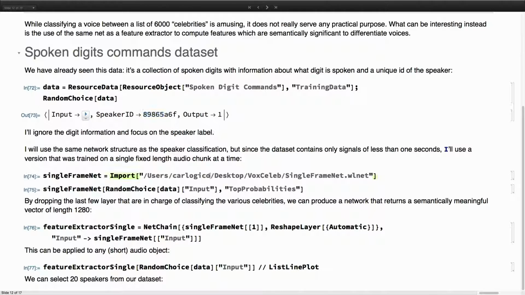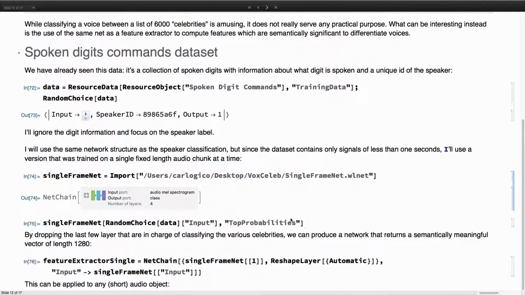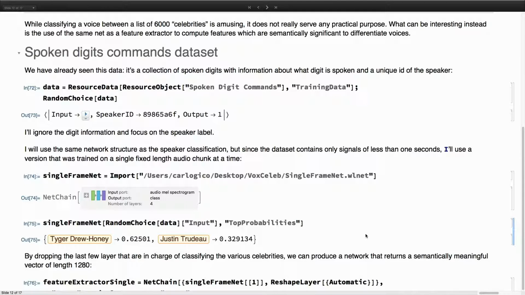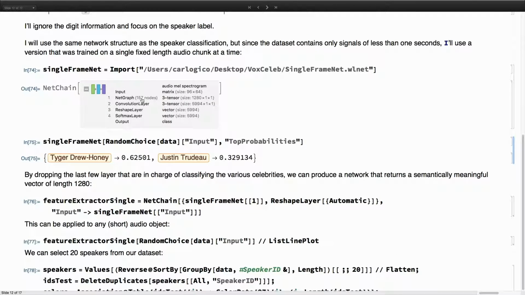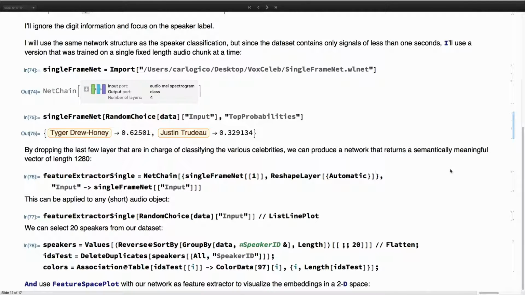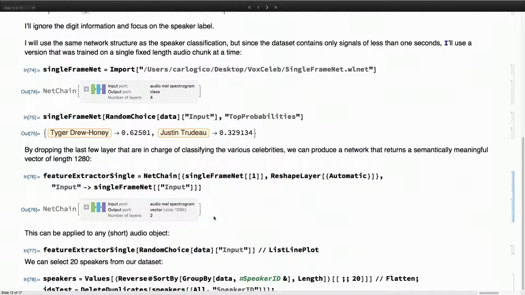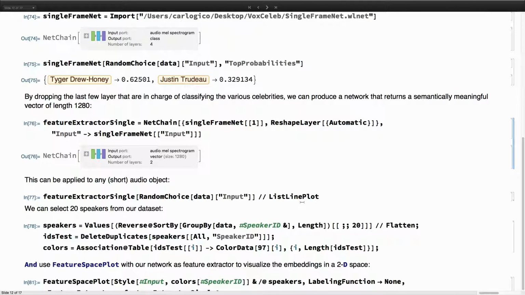Again, I will import the network. And as before, if we just use the network, this will just give us the probability that you sound like some celebrity. But what we can do, we can grab just the first layer of this network, which is the MobileNet in this case that was trained, and produce something that doesn't classify anything, but produces this semantically meaningful embedding. And if we apply that to our digit dataset,